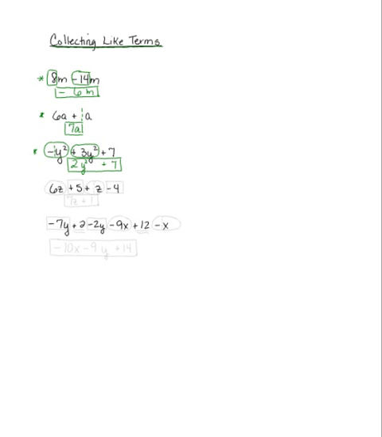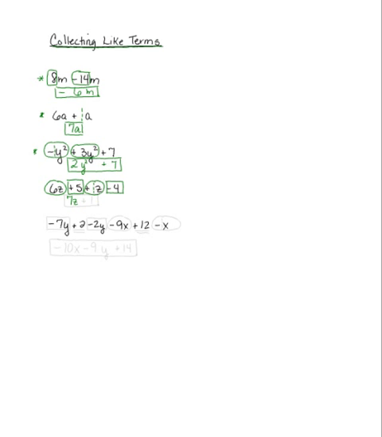So the next one, we have 2 pairs of like terms. We've got the z's, and it's understood that if there is no number on the letter, you call it 1z. And then you've got the numbers that you're more comfortable with without the letters. So that would be your 5 and your negative 4. We're going to be combining the circled items, which are the z's. So if I have 6z and I add 1 more z to it, I have a total of 7z.